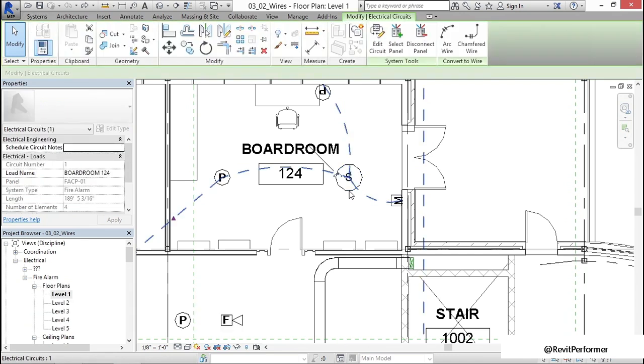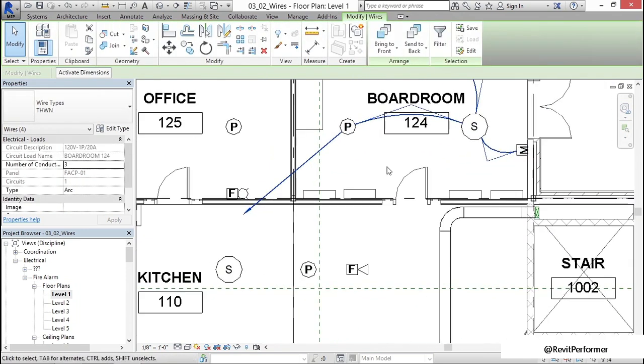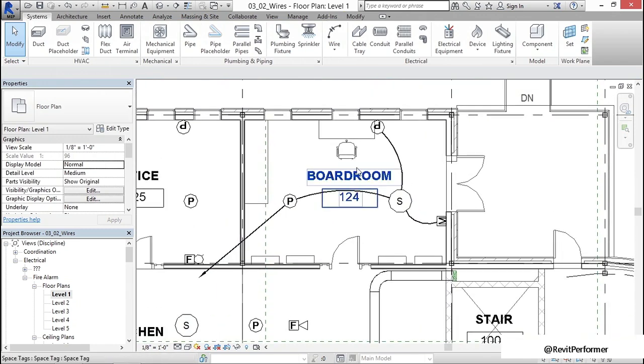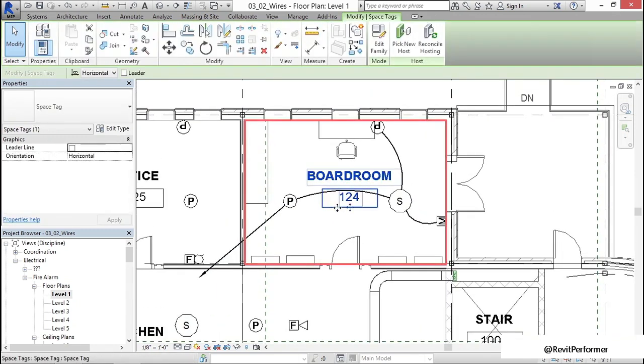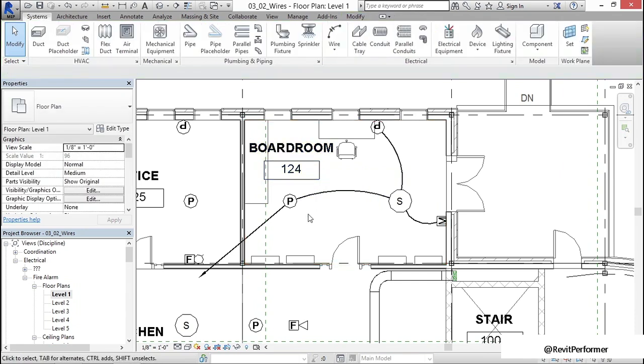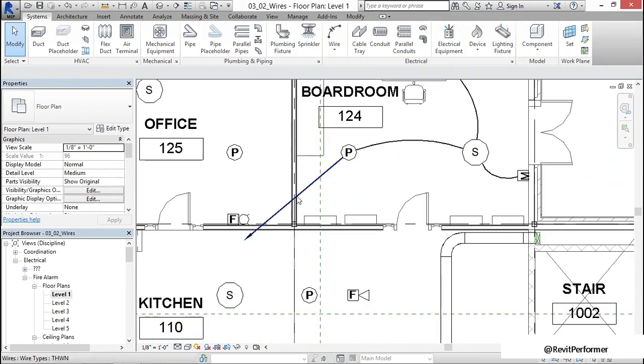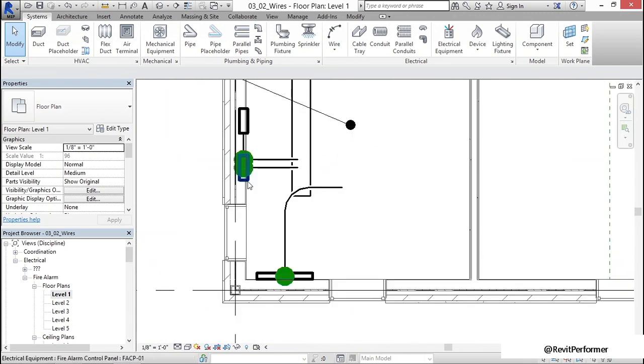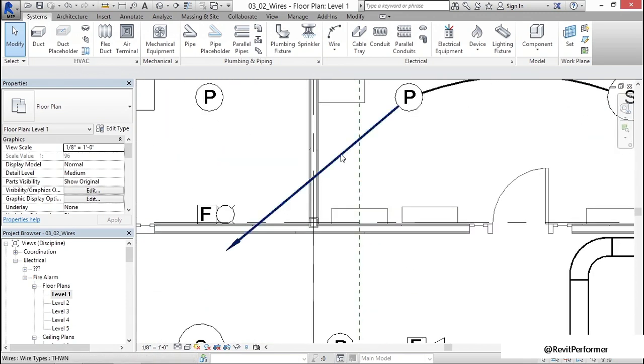Once it's selected, we see 2 little icons right here, convert to wire, or we have 2 icons here which do the same thing. I'm going to click on arc wire. What it's going to do, it's going to physically wire up that room based on an automatic wiring routing. Of course, I'm going to grab my tag and move it out of the way a little bit. And it will also home run it for me, pointing in the general direction of our panel. I'm going to come up here and I'm going to grab my home run.